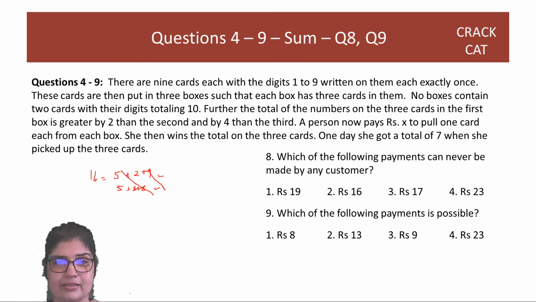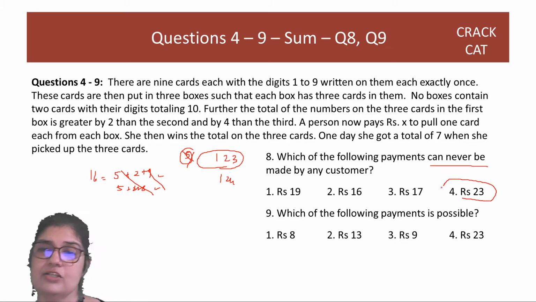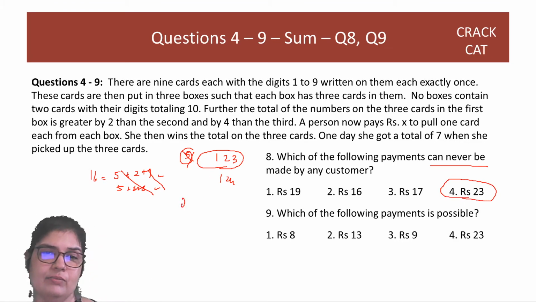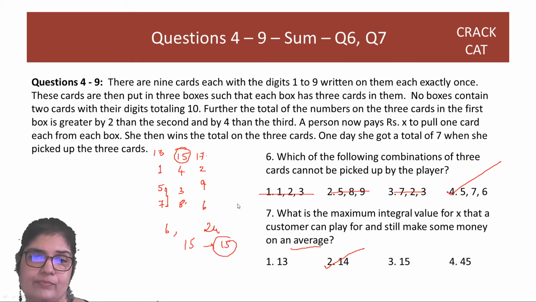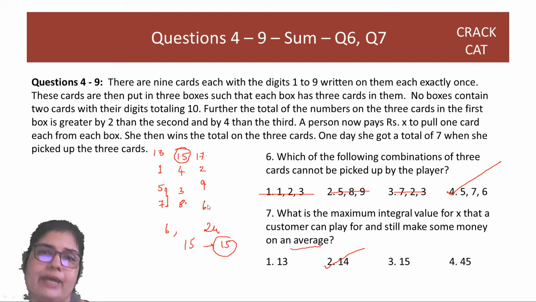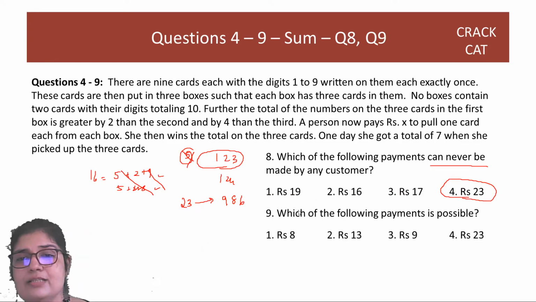Don't you think it will be tedious? The point is that if I want to say can never be made, I will mostly look at an extreme value. Ideally, something like a 5. So 5 cannot be made because lowest possible is 1, 2, 3. Now 1, 2, 3 can be made, 1, 2, 4 also can be made, but can the largest, so यहाँ पे extreme है 23, largest value. 23 कैसे बनेगा तीन numbers के साथ? Only in one way, 9, 8 and 6. And if you check, 9 और 6 एक ही box में है, correct? So you can't pick up 9 from a different box, 8 from a different box and 6 from a different box. So your answer hence will be 23.